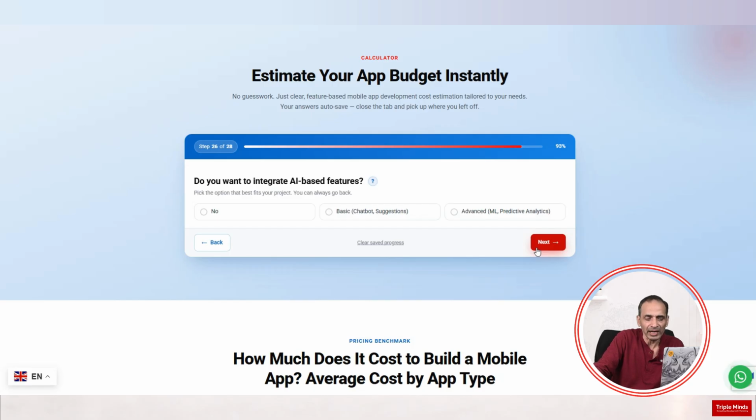We need to answer the users' questions, and AI is there to help us. Suggestions and chatbot will be used as the AI based features. So we'll click basic and we'll click next, which took us to